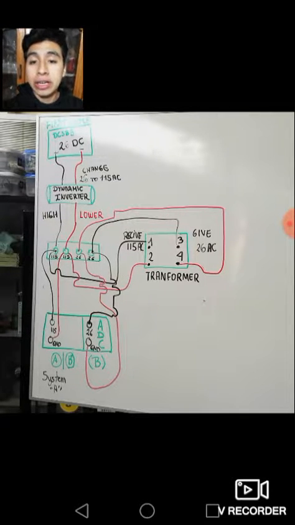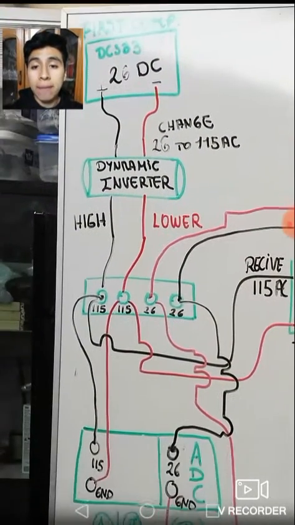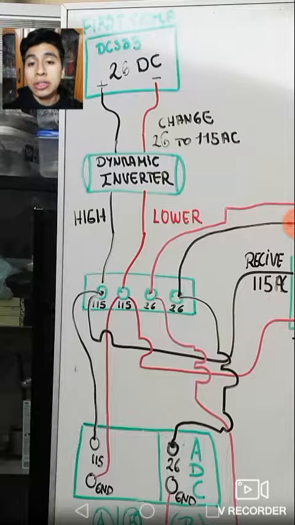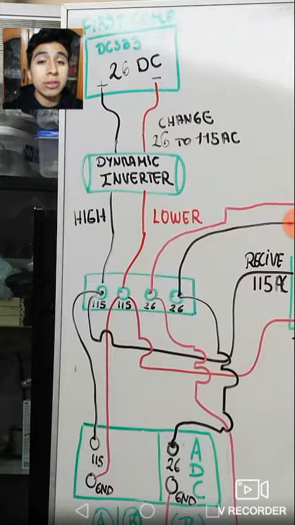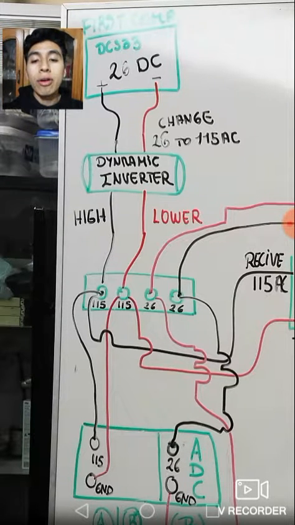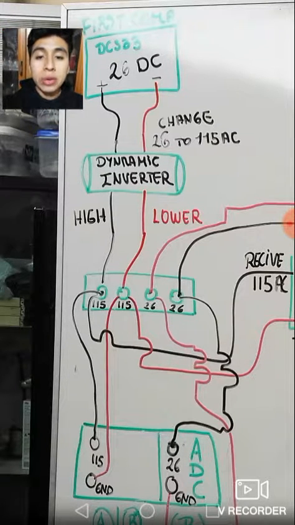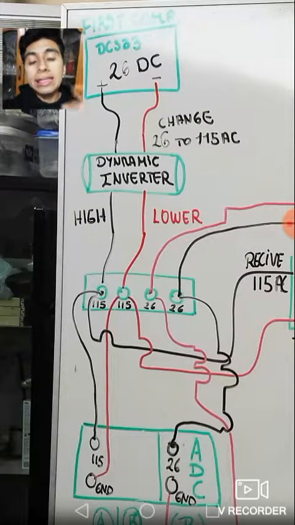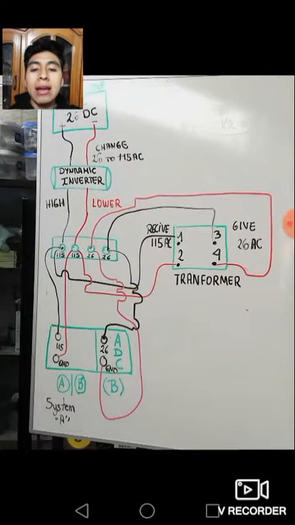I can see the first component is a DCS33 that supplies 25 DC positive and negative. Before I mentioned this, it's important to identify this. Then this current supplies a dynamic inverter. This dynamic inverter changes the 26 to 115 AC when the current travels around different components and a supply